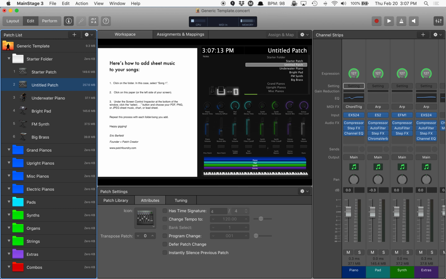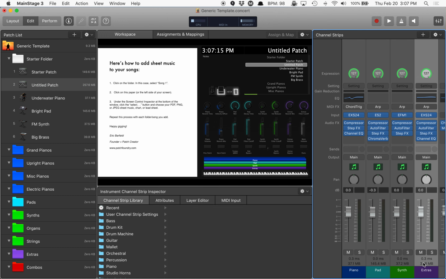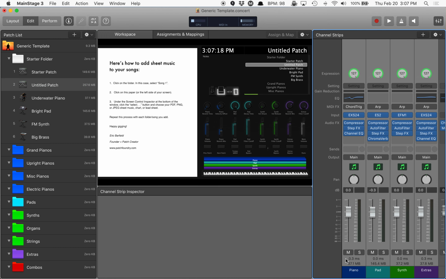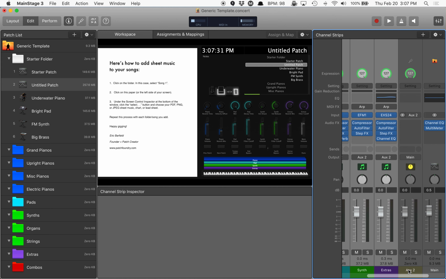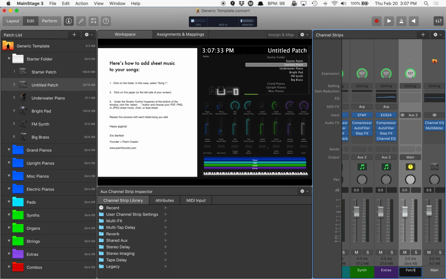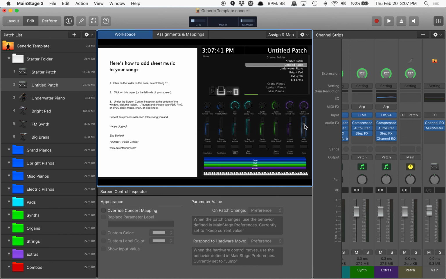So to do that, I'm just going to tap here, hold down Shift again, tap here, and then under Output, I'm going to switch from Main to Patch Bus, insert a new Patch Bus. Then I'll scroll over here, and here it is. I'm just going to title it Patch. Now that we've done that, we need to map this volume control to this main volume knob. Now it's already mapped to the general main output volume of the entire concert, but we're going to change that to the patch